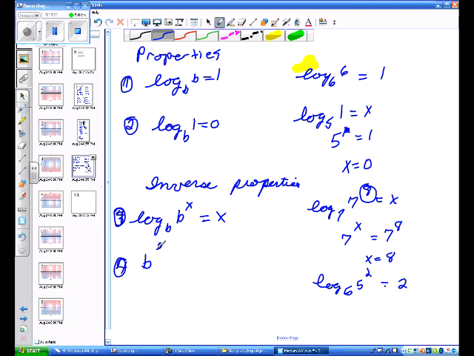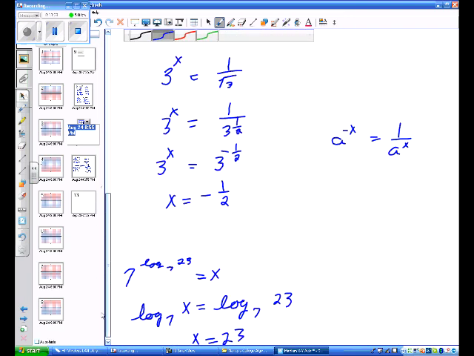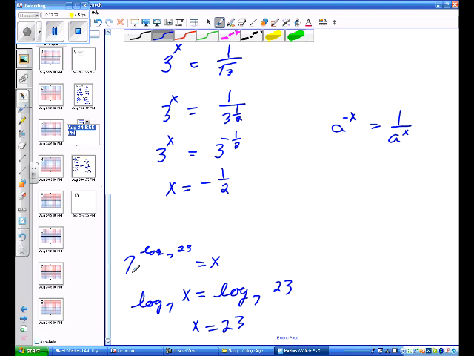B raised to the log base b of x. The base of my number is the same as the base of my log, and so that's going to equal x. And if we look back at a problem that we did earlier, right here, the base of my number is the same as the base of my logs, and it equaled the number there. And we went through and actually worked that part out, and we could do the same thing